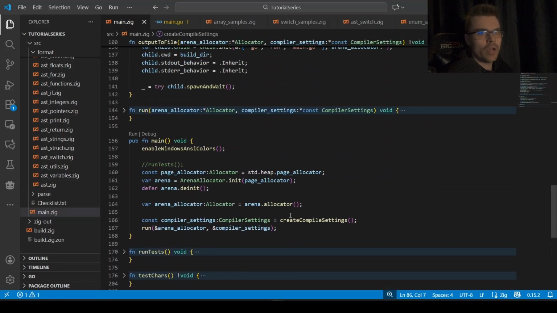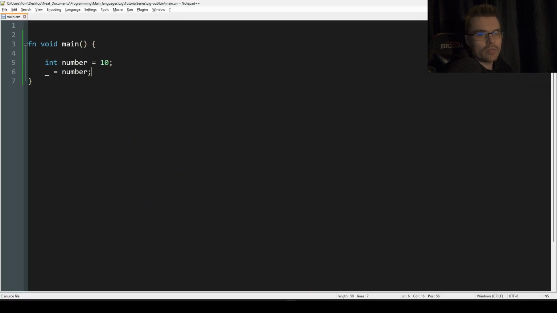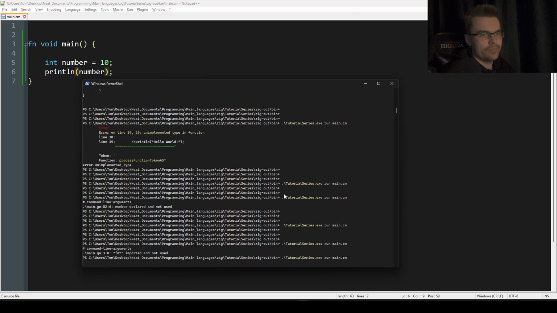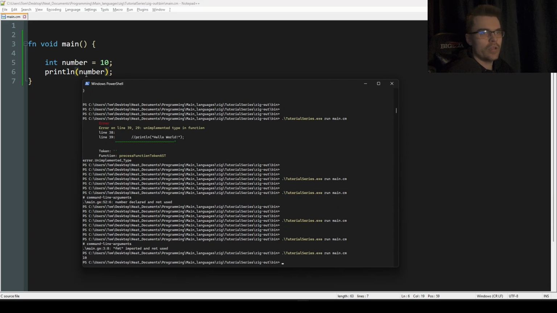Still a few things to work out. But it generally just works now. And I have a programming language. So I can do this. Print line. Number. And then it converts and runs. And it prints out 10. And then I can put in